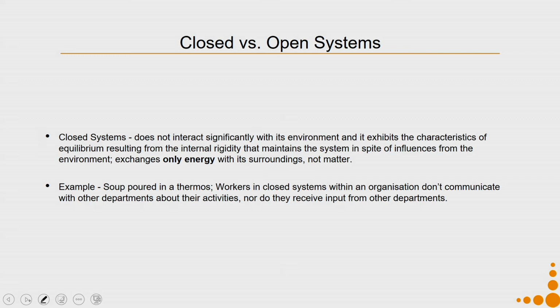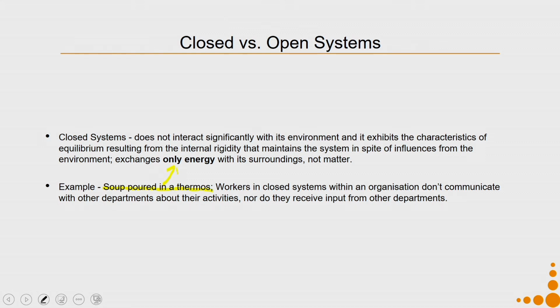The first example is easier to understand because it is from the physical environment. If you pour hot soup in a thermos, you are in a closed system because the thermos ensures that mass cannot flow. After a very long time, depending on the thermal capability, the temperature of the hot soup will go down and it will be equal to that of the environment. Why? Because in a closed system, although exchange of energy happens with its surroundings, exchange of matter does not happen. Hence, the soup is not going to flow out of it.